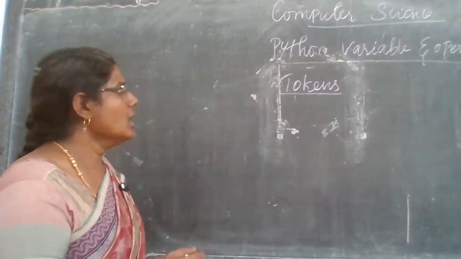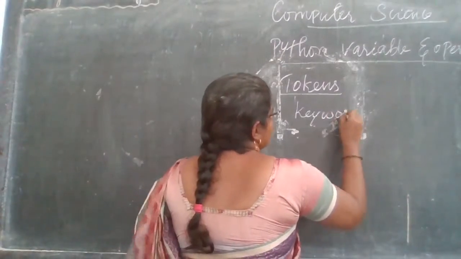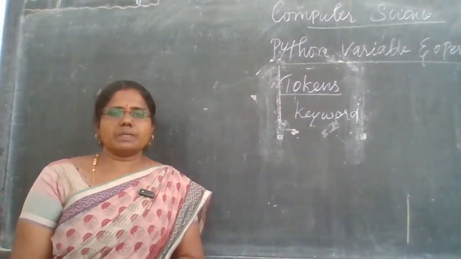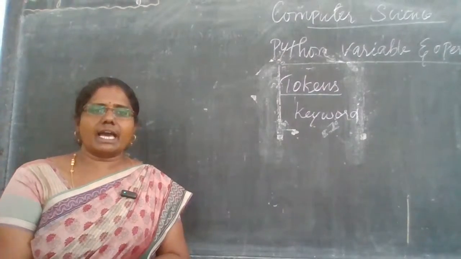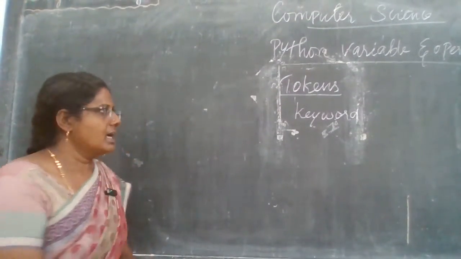Okay. So the first one is keyword. Already we saw that a keyword is a reserved word. It has a fixed meaning. It is used for a specific purpose. It cannot be used as an identifier. Keyword cannot be used as an identifier. Next thing,